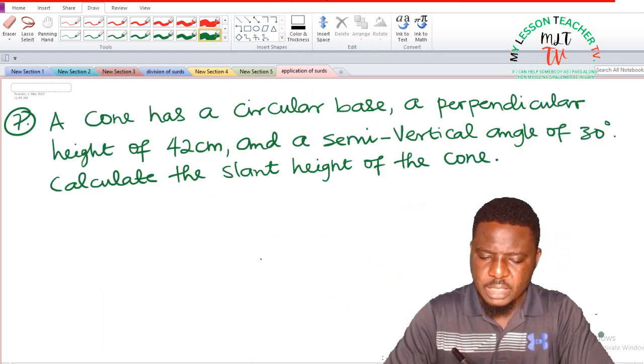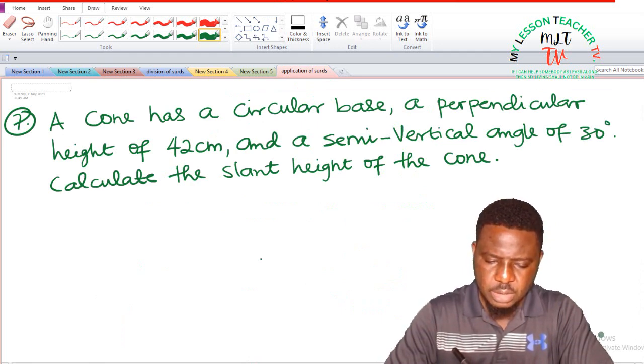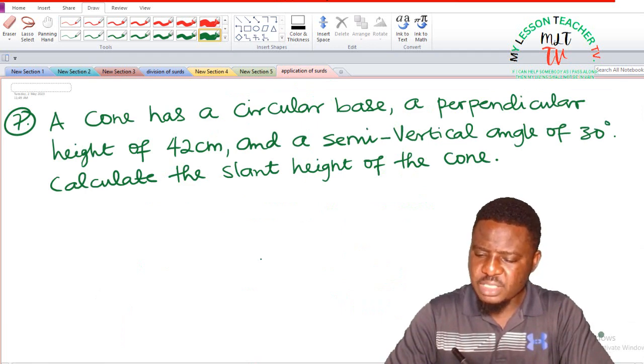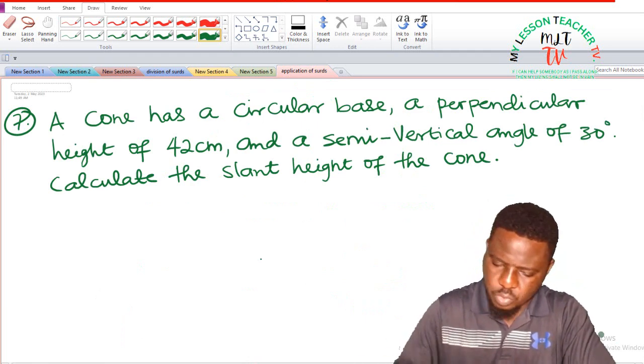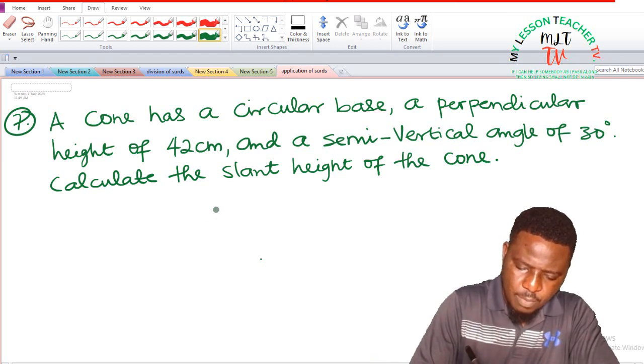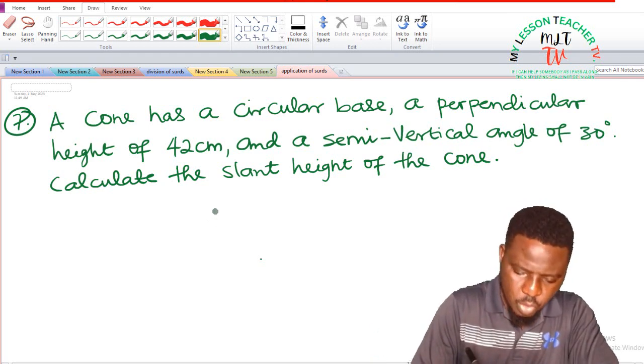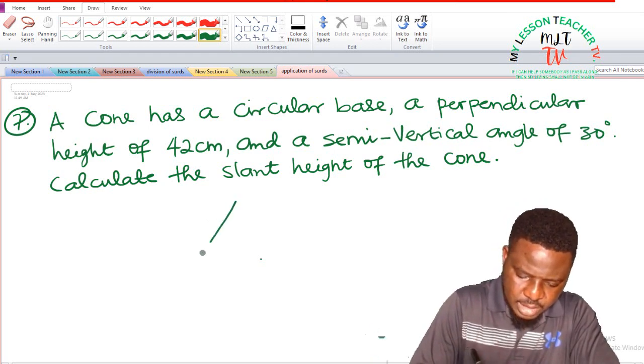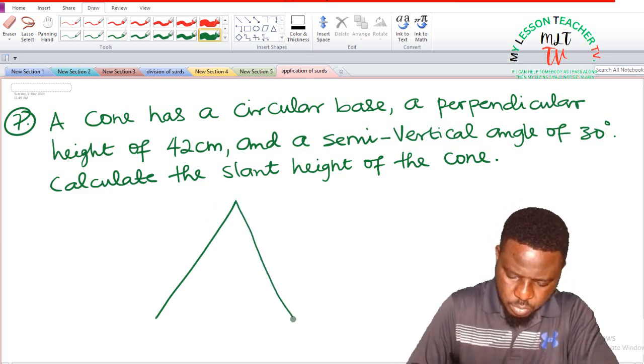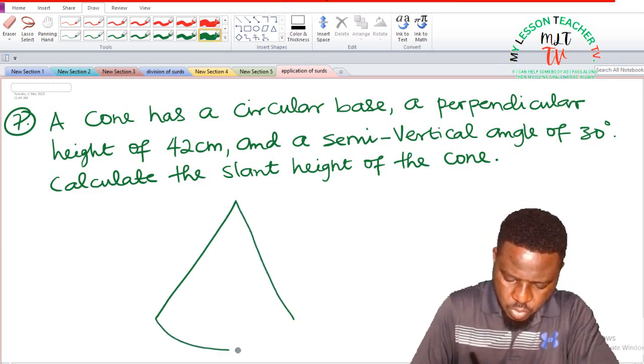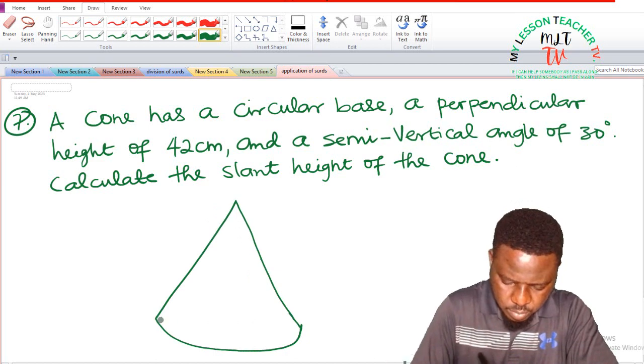Question 7 says, a cone has a circular base, a perpendicular height of 42 centimeters, and a semi-vertical angle of 30 degrees, that we should calculate the slant height of the cone. So I'm going to sketch the cone. If this is a cone with a circular base,